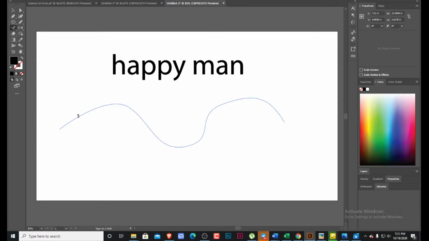So realize that it has affected the line. So the line we created is what the text is now using. It's moving on the line. So let's write anything there. I am a happy man